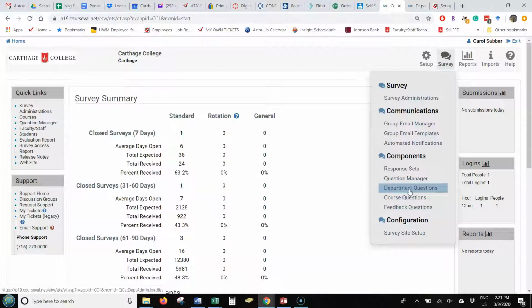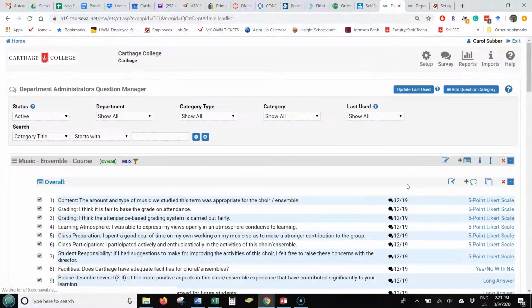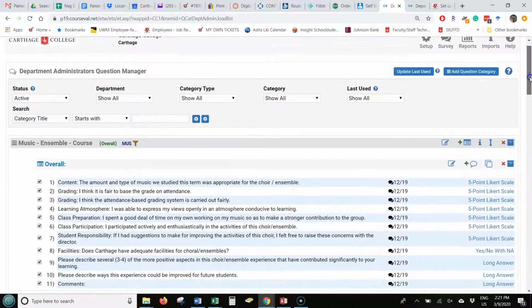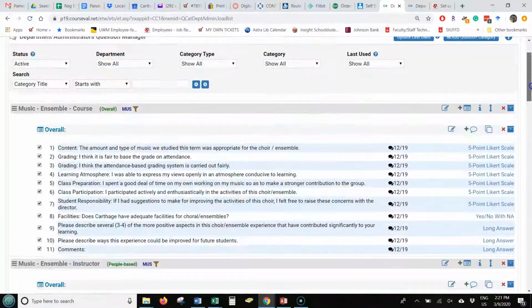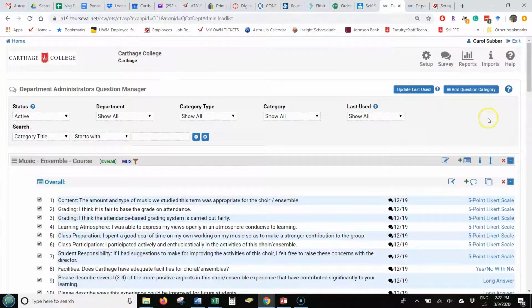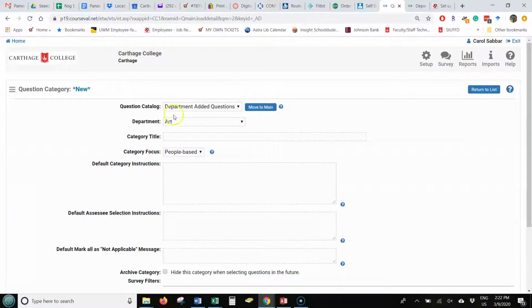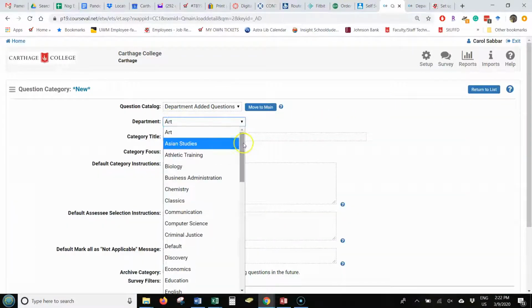Right now we're going to work on departmental questions, but the interface is pretty similar, so you could click on any one of those. All right, so from here, you'll notice that it shows you a variety of different departmental questions that may exist across various departments. Now, we're going to go ahead and add a question category. And in this case, these are going to be for nursing